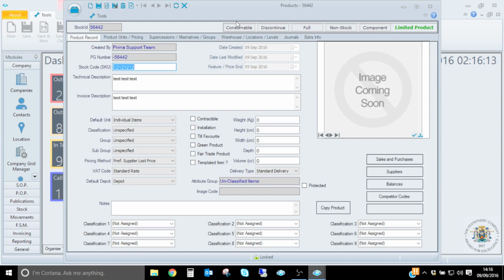A component would be a group of components linked with a kitted product, for example. So you could have, say, a desk, a monitor, a mouse, all like laptop stuff. You can put that as a kitted product, and then a component of that product would be